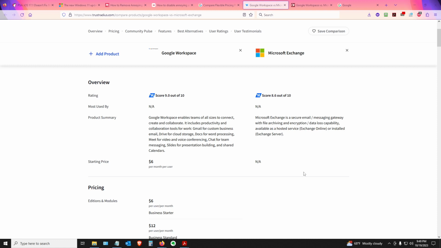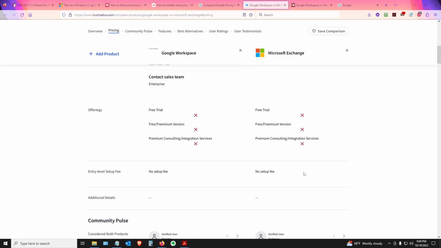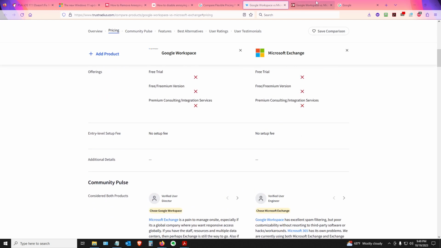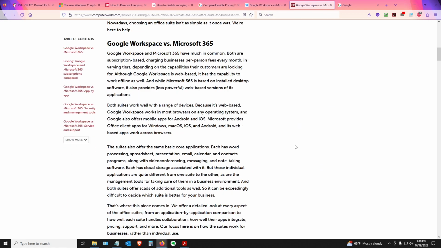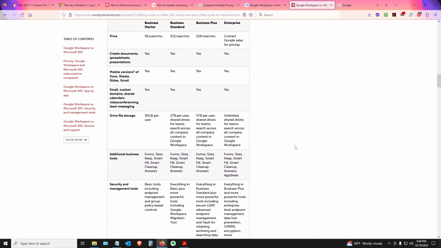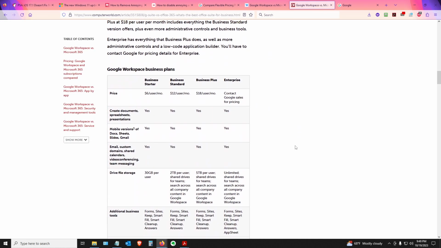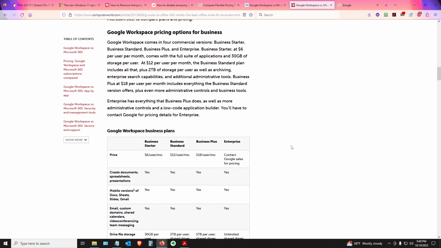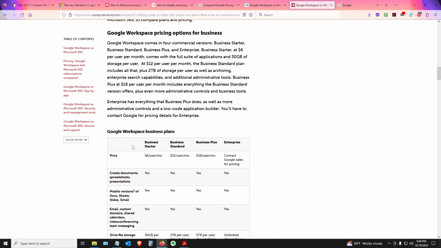So that's, I guess, chalk one up for Google Workspace. The cost, it's $6 for, let's look at the pricing for the different options. And so I have 2 links that I'm going to have. And one has some differences, and the other one basically describes all the different plans, like Google Workspace, which